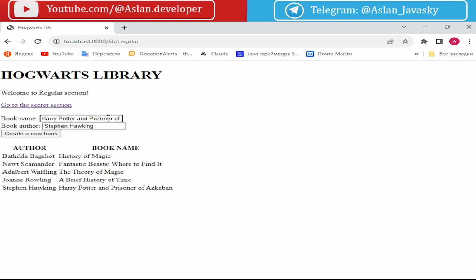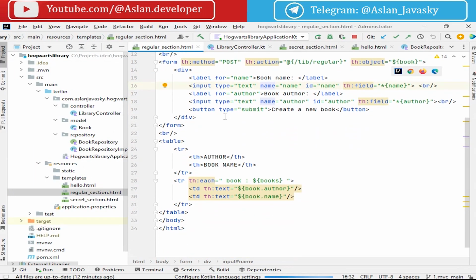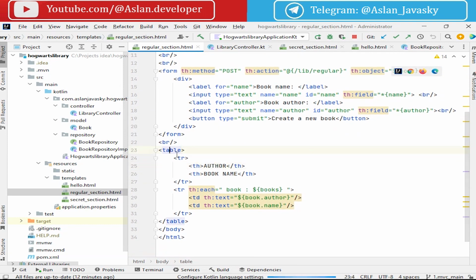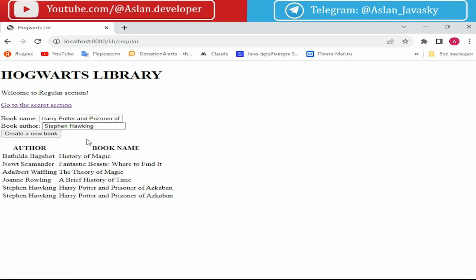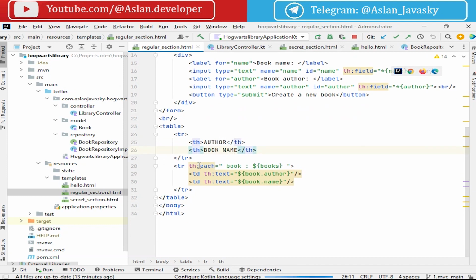Prisoner, this with a mistake. Prisoner of Azkaban. This is a mistake and we needed to edit it. For this we needed to open the HTML document, this section. We see that we can see the table. This is a table with author and book name, two headers, two columns, and for each a book author and a book name. For editing we needed to add a third table data, third column,